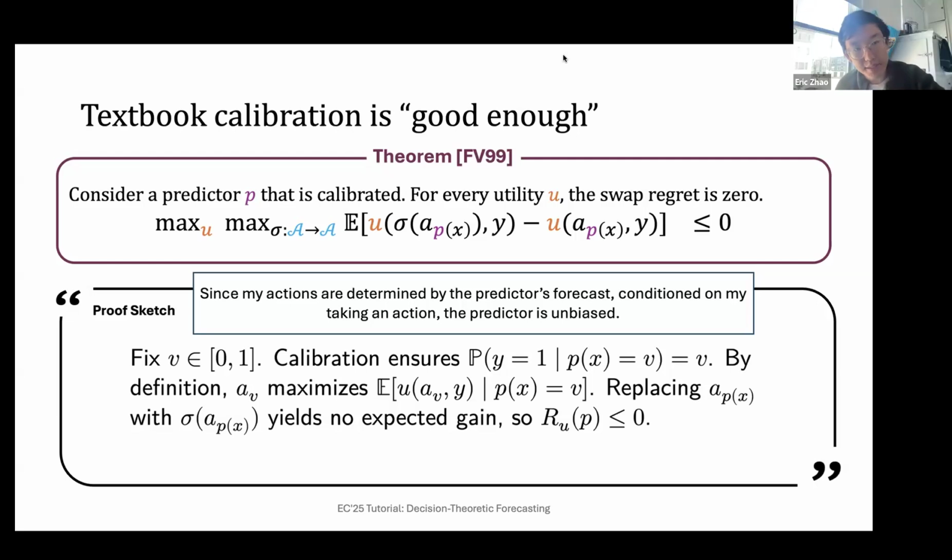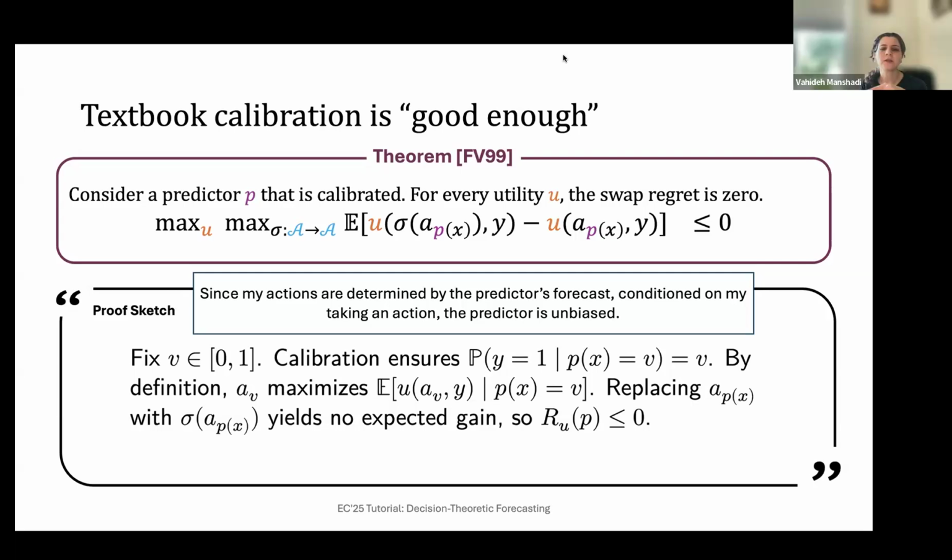Yeah, I guess this sigma can also be a trivial thing, which is I'm not going to change my actions at all. And so this max sigma expectation term will always be lower bounded by zero, because that is measuring my incentive to deviate. So you can always just choose not to deviate. I see.